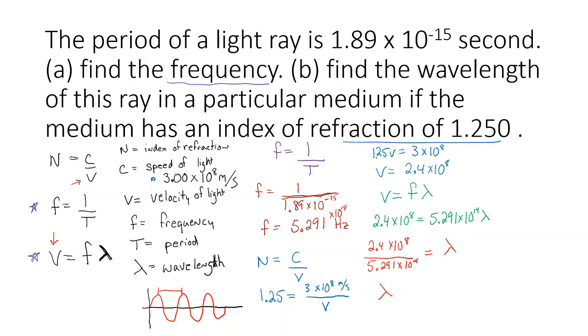Okay? So what I did was I said 2.4 times 10 to the 8th, and I made sure that I got my value of 240 million on my calculator. I hit divide, opened my parentheses, multiplied by 5.291 times, and started another set of parentheses, 10 raised to the 14th, and I closed both sets of parentheses, ensuring that order of operations was done appropriately. And when I did that, I got